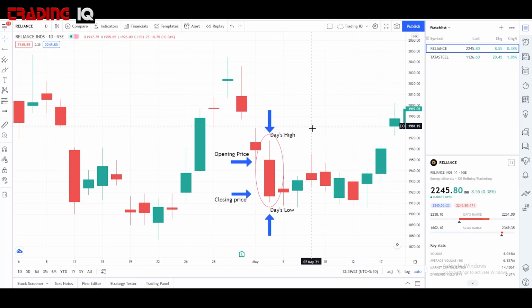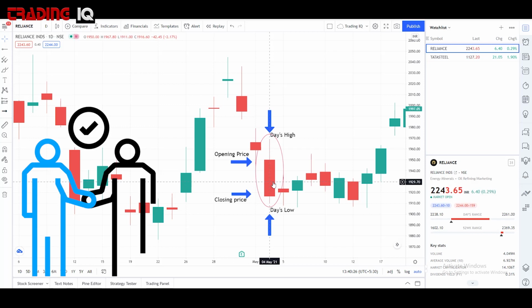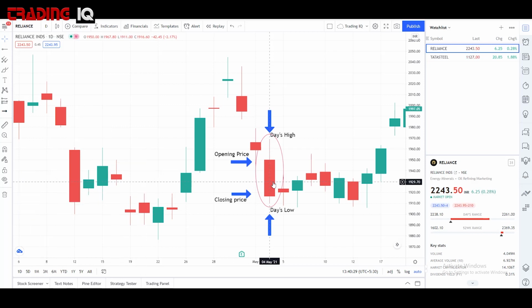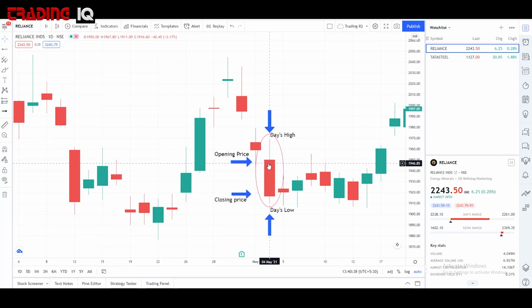This is a candlestick. Now the shapes of candlesticks are random, because as I said in my previous video, the stock market is a place of emotions. So what happened during this day on May 4th? It was volatile. People were buying, people were selling. Whenever someone wants to buy something, there has to be a seller in the market for the trade to actually happen. And on this day, it formed a red candle because there were more sellers than buyers. Simple concept. I'll explain this later.